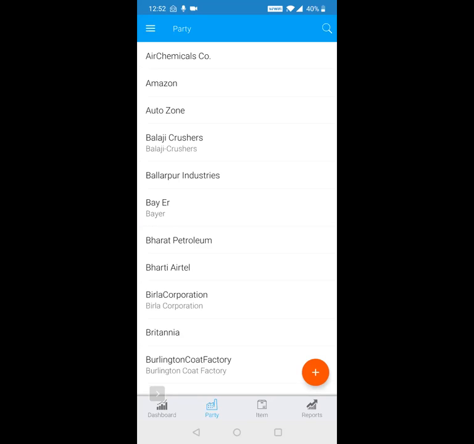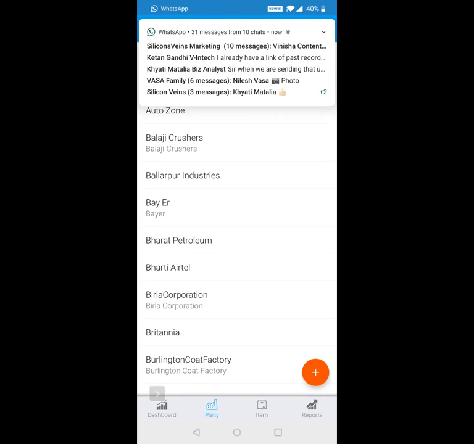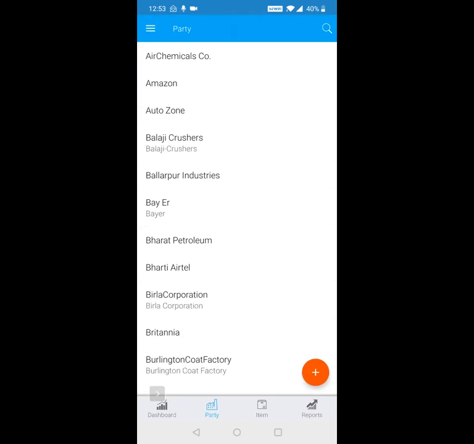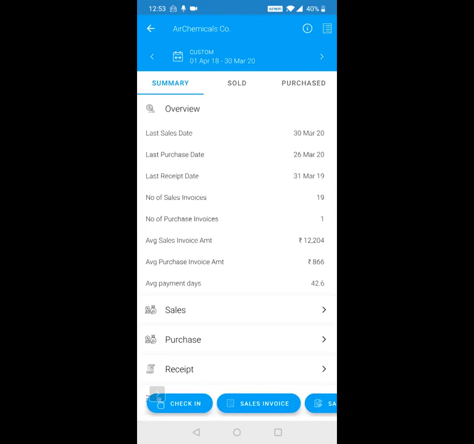Second, we face this issue where if the salesperson leaves the job and a new person comes in, how do you train the new person? How do you give him the history of all the transactions done by this customer? So that's why this app becomes very useful. You just give it to him, and when he is going to visit, let's say, Air Chemicals, one of the customers, he's able to get all the information.